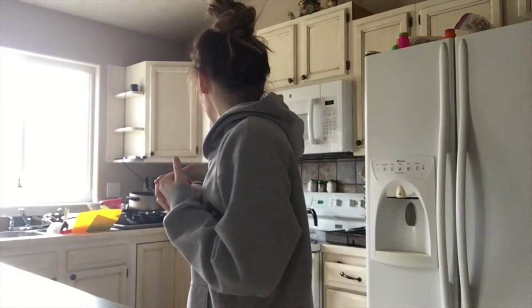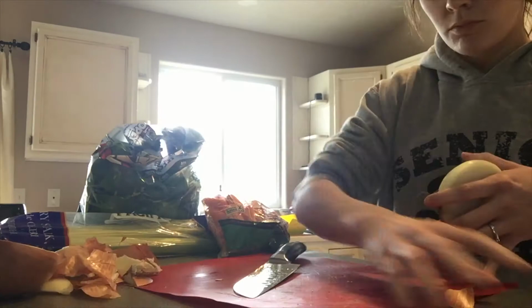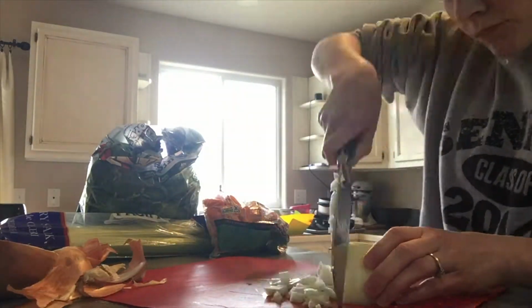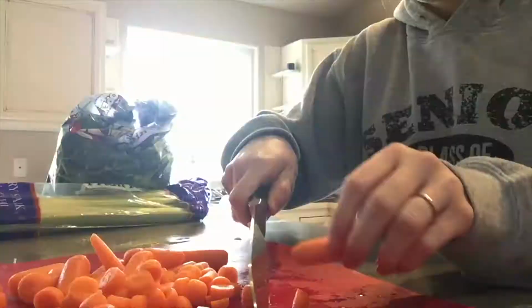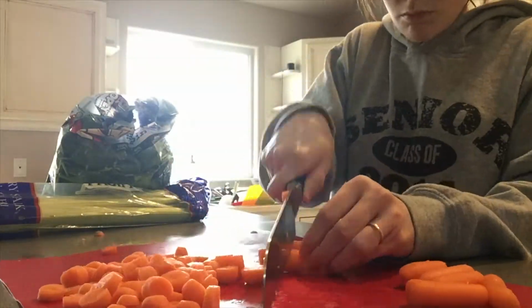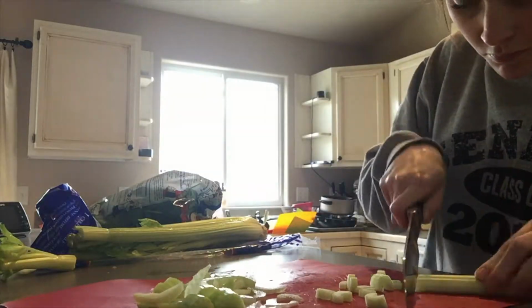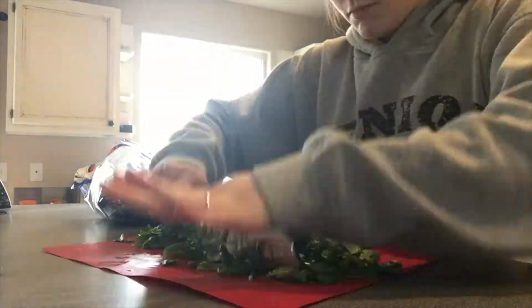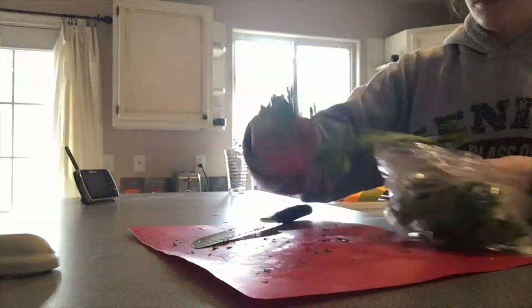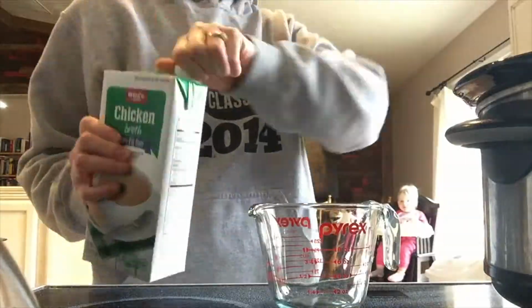So it's 12:30 right now, so I gotta get going. So let's start chopping up all the vegetables. So I'm gonna lastly add some parsley, some garlic, and salt, and then I will also do 4 cups of